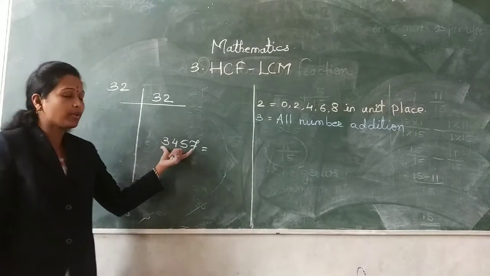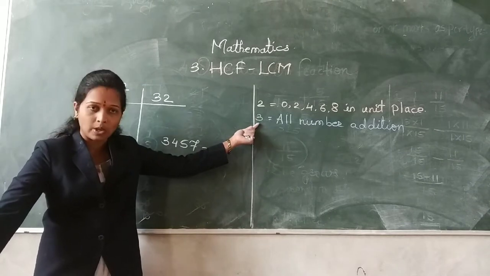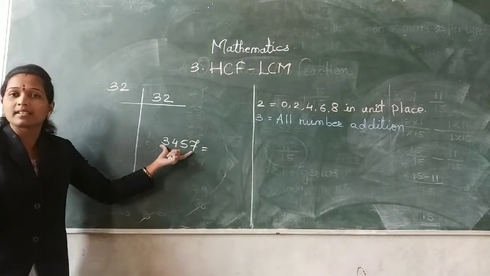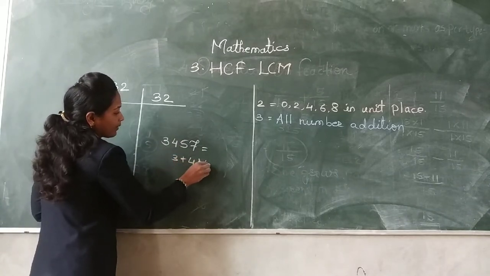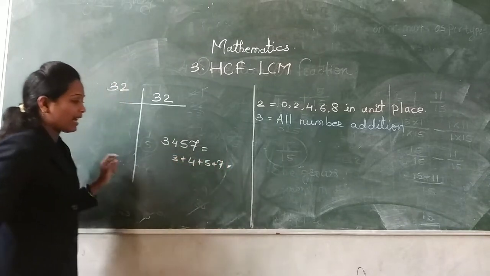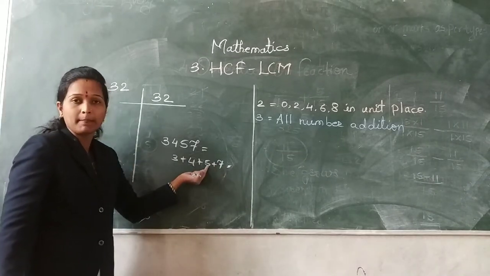3457. So we have to calculate whether this number occurs in the table of 3 or not. Whatever numbers are given, do the addition of these numbers, that is 3 plus 4 plus 5 plus 7. Do the addition. 3 plus 4 is 7. 7 plus 7 is 14 and 14 plus 5